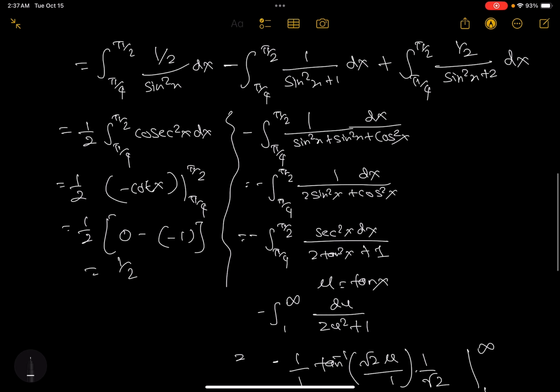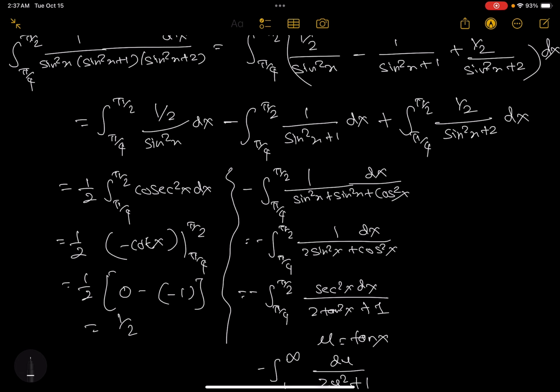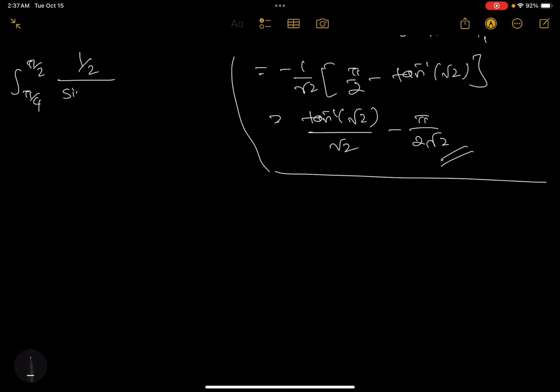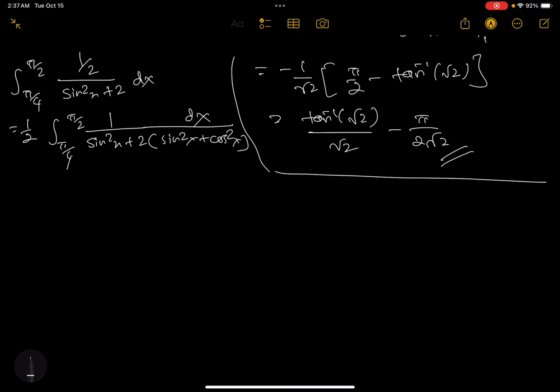Now we have the third integral, half of sine square x plus 2, right? Third integral is the integral from pi by 4 to pi by 2 of half of sine square x plus 2 dx. You can take half out. Now write that 2 as 2 times sine square x plus cos square x, right? So that this will be the integral from pi by 4 to pi by 2 of 3 sine square x plus 2